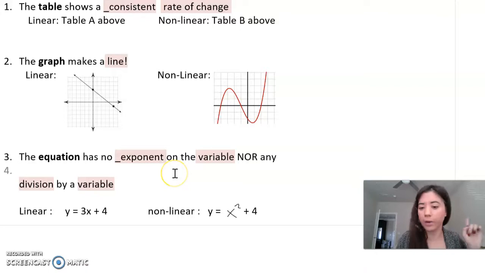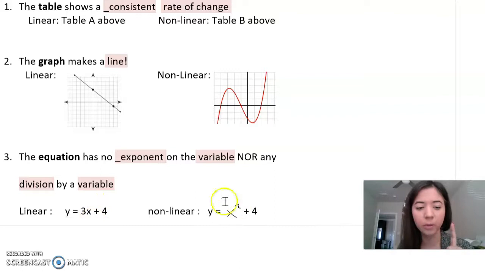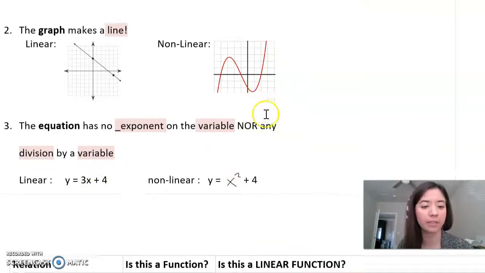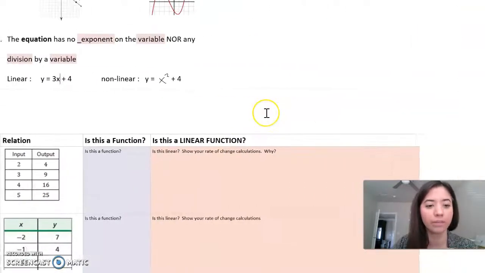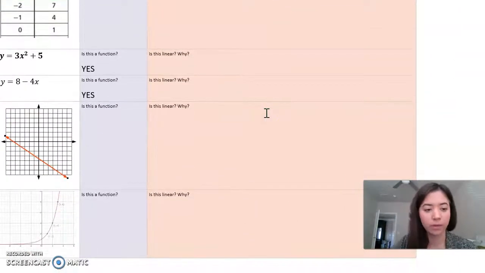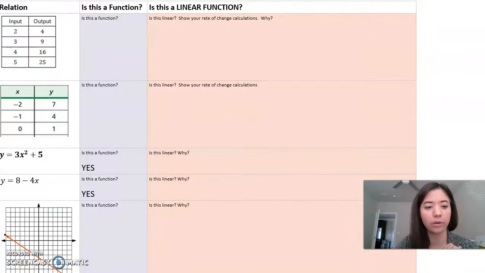So as long as there is no exponent on the variable or no division by a variable, it is linear. So this one would be linear right here because there's no exponent on my x, and then there is no division by a variable. This one is nonlinear because it has an exponent of 2 on my x. Okay, so let's go ahead and work through some guided practice here, and then you will go and do some